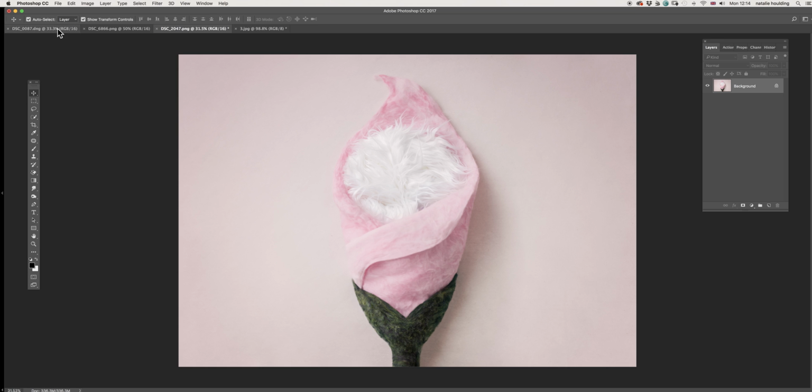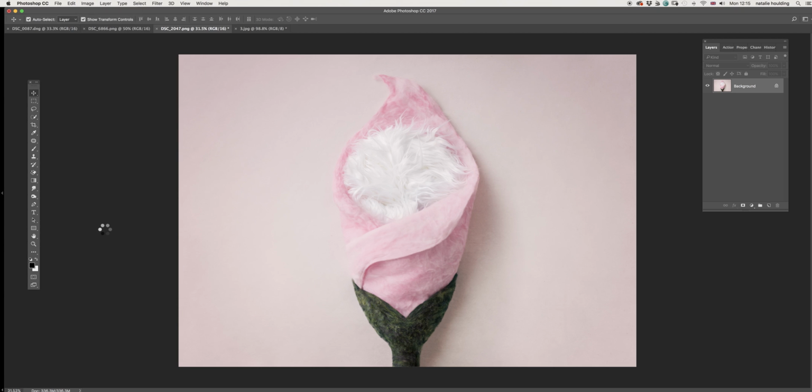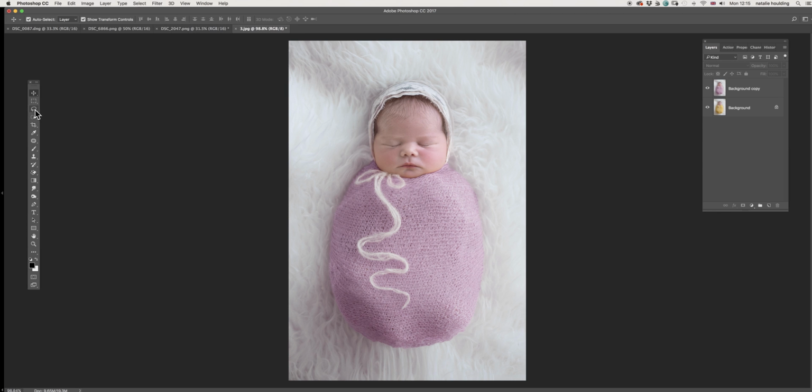So I'm going to go to, I can do it either from image or edit. I'm going to go to image this time and just flip canvas horizontal. There you go. And it looks pretty good now. I'm just going to go back to the baby, taking the lasso tool, just making a rough circle around,